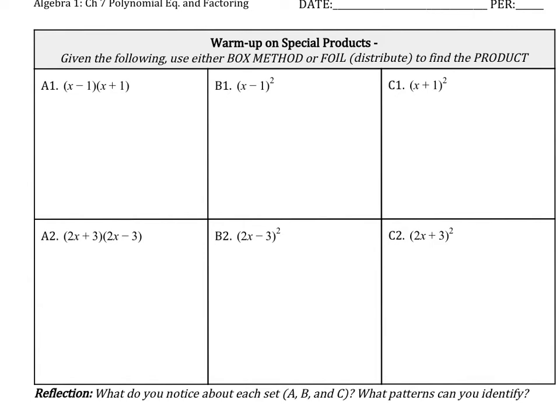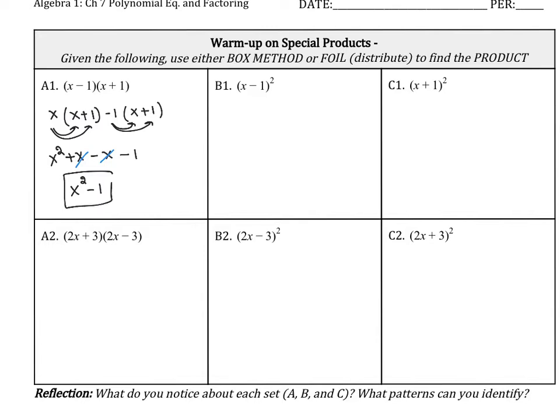So let's do A1, the first one, with the distribution method. With that, you're going to distribute the x with x plus 1 and then -1 with x plus 1. You're going to distribute the x inside the bracket and then distribute the negative inside the bracket. So here you're going to get x squared plus x, and -1 times x is -x. -1 times 1 is -1. You can cancel this negative x and positive x, and then you're going to have the answer as x squared